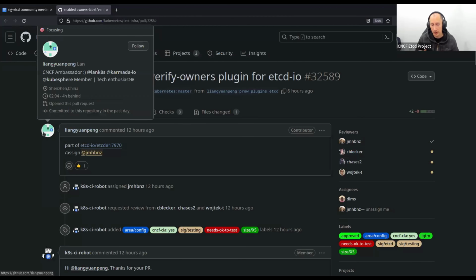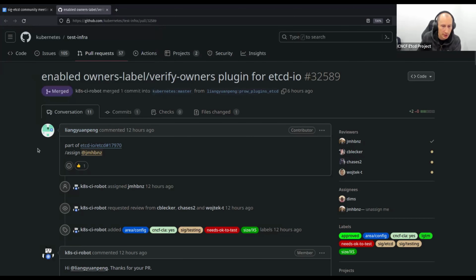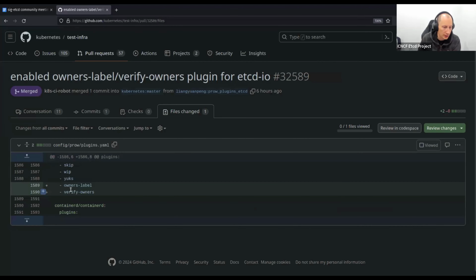Cool, and this one has just been merged a matter of hours ago, and I just wanted to give some awareness. Team, we've enabled a couple of new plugins for Prow for etcd. The first is the owners labels, and the second is verify owners. So quick heads up on what this will do. Once we add a few more configuration files to the etcd repository, this is going to automatically label PRs and potentially assign PRs